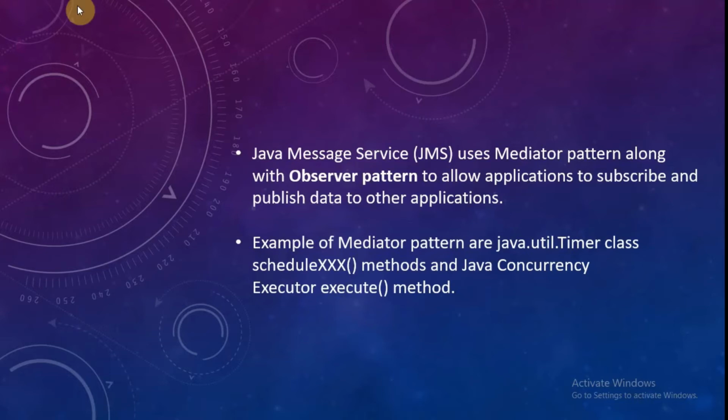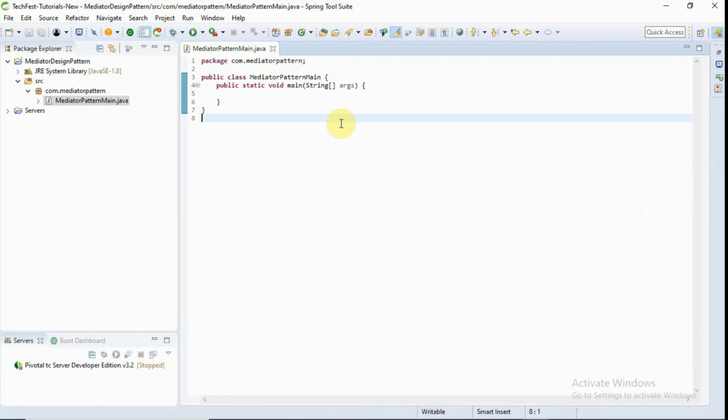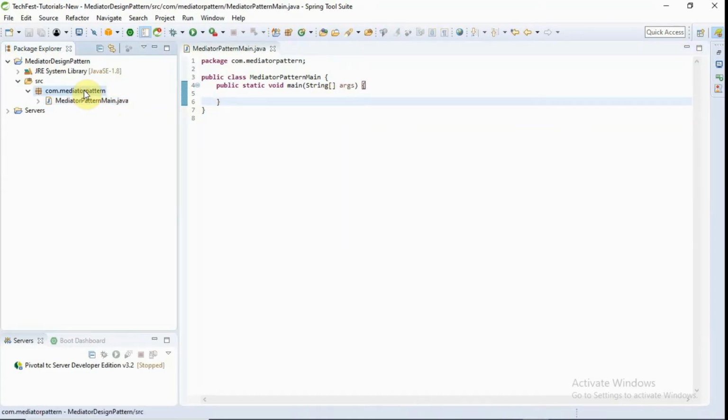For the implementation of the mediator design pattern, I have created a simple Java project where I have created one package and one main class. For implementation, I am taking an example of a chat section.